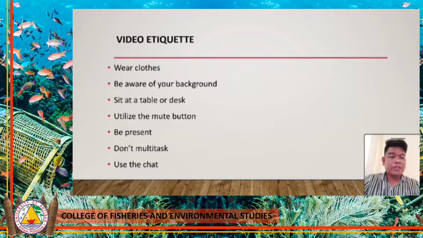Lastly, try not to have a window behind you. Having a major light source behind you will make it very hard to see you. Sit at a table or desk. Your virtual meeting is the same as attending class if you were on campus for class. You would not be laying down in bed. A virtual class meeting with video is no different.